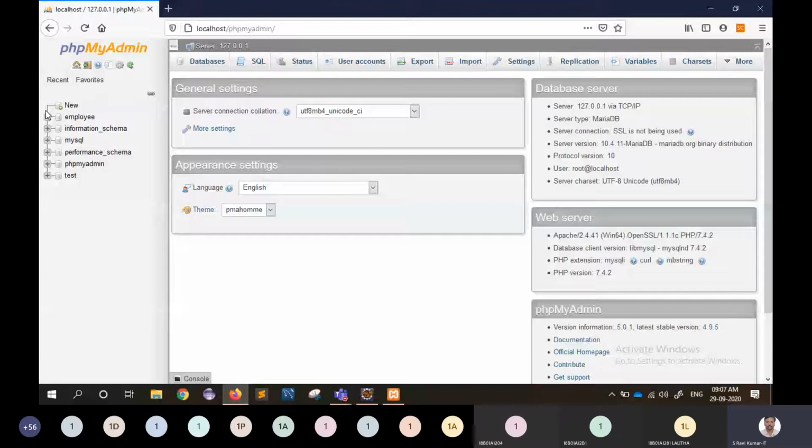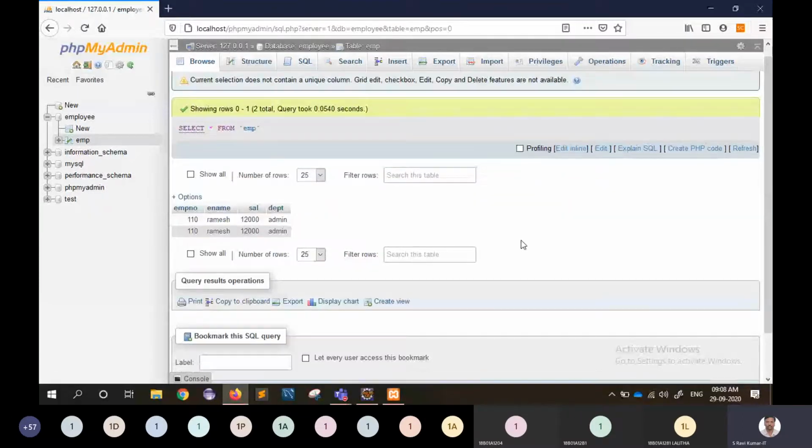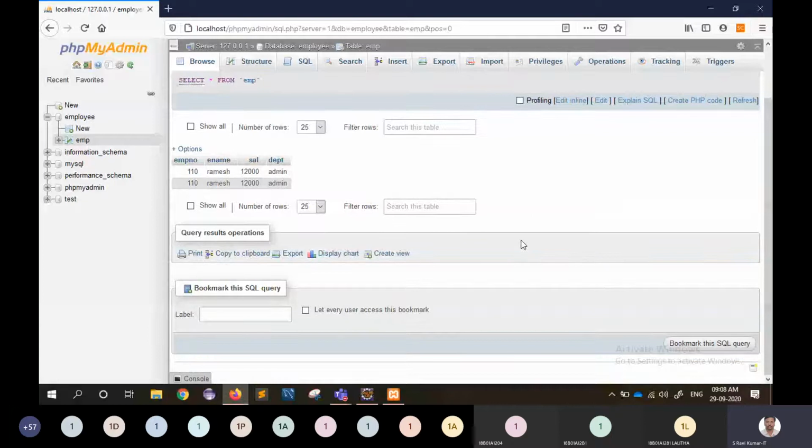As we have already created employee database, in this employee EMP table, we have two rows presently.